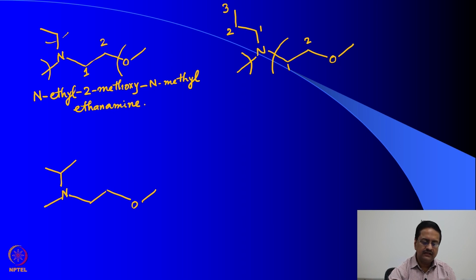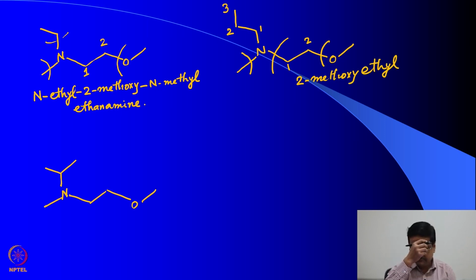So, we write the name of this group as 2-methoxyethyl. This group is methyl. So, what we should write the name as